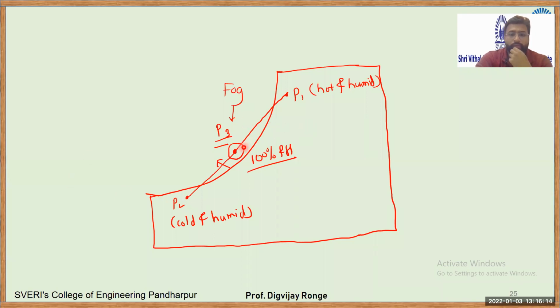Okay, and the fog point will lie outside the psychrometric chart. Another fog condition you can see whenever you open the fridge. When we just open the fridge, we feel that some white gas is coming out of it, right? So it is not any gas. In that case, what is happening?